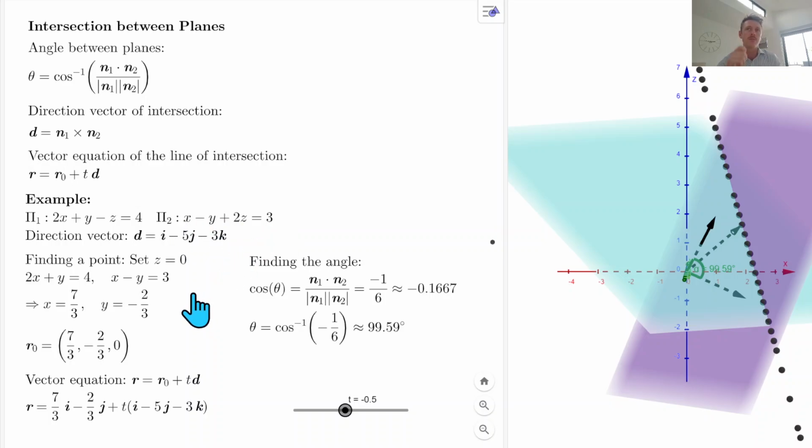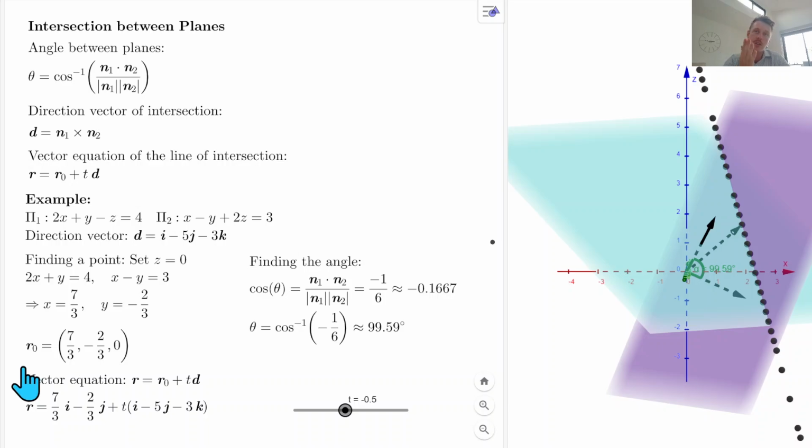Okay, remember, z equals 0 is a point that's going to be on both planes. So if we just set that equal to 0, we can solve for x and y to find any point, right? So we get x equals 7/3 and y equals negative 2/3. Okay, so we know that this r naught is a point on